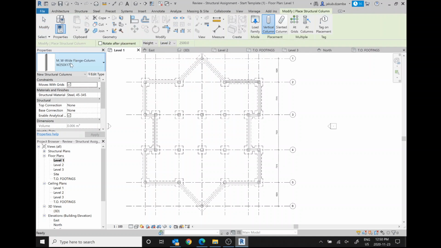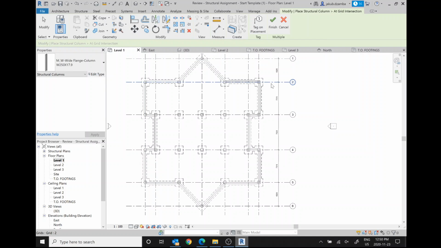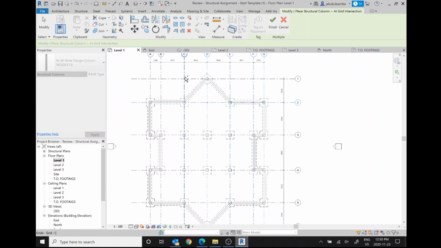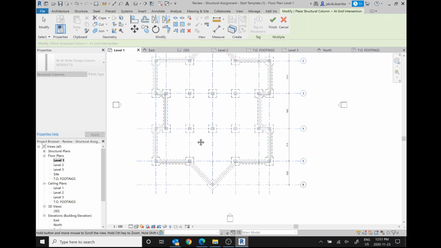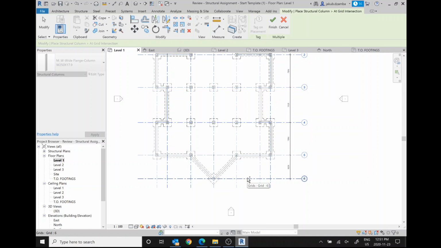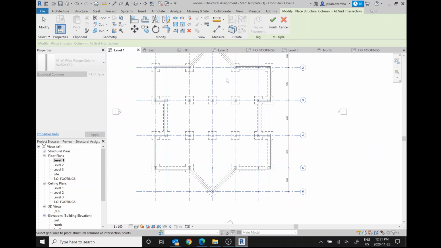Structure, column. We picked the right one. I'm gonna go at grids. And now I'm just gonna pick, by holding control, multiple grid lines where I would like my columns to appear. And since these columns are going to appear everywhere, we're going to delete the ones that we don't want. But since there's more places in which we want the columns than there are not, I think we still save time by doing this. So I'm going to hit finish,